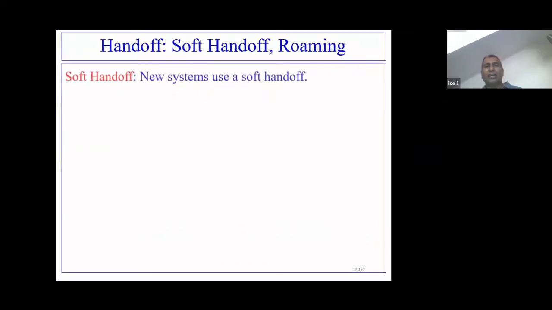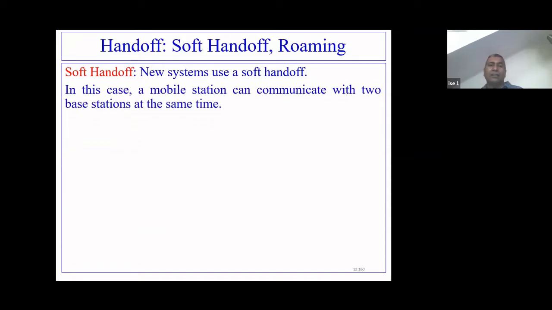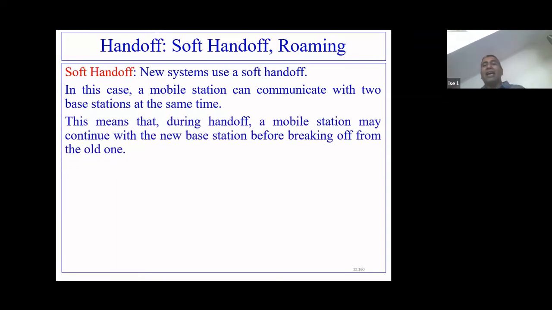So this is called hard handoff. Now in soft handoff, the current system, this I have already explained. Whenever a mobile station moves out of the range of the current cell and base station, the signal strength depletes. What will happen? This mobile station now talks to two base stations at the same time. So during the handoff, this mobile station may continue towards the new base station and break off from the old one. So here there is no breakup in the signal strength,